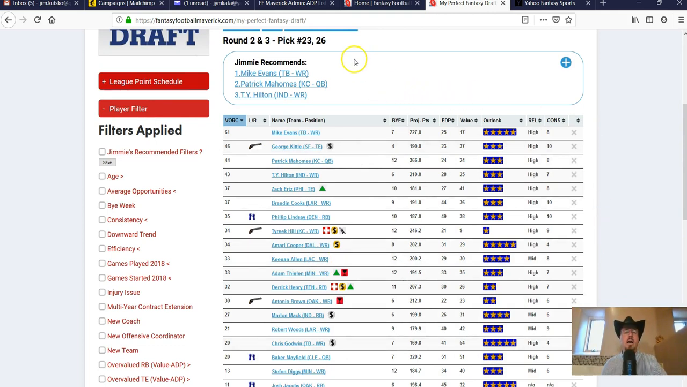And the players that my app is recommending are Mike Evans, Patrick Mahomes, T.Y. Hilton. Now, I normally don't take a quarterback this early, but if you wanted to take Mahomes, hey, this is when you're going to have to take him. You're going to have to take him with probably your third pick, right? Actually, it looks like you'd probably have to take him with your second pick because his draft position is 24th. I would never take a quarterback with my second pick. But Mike Evans,